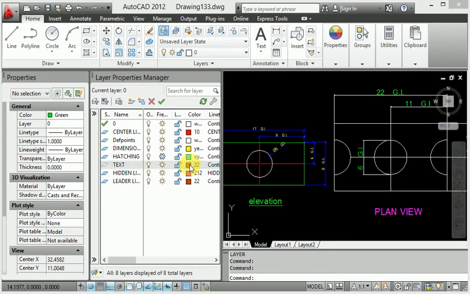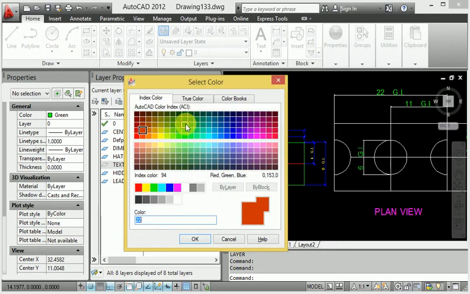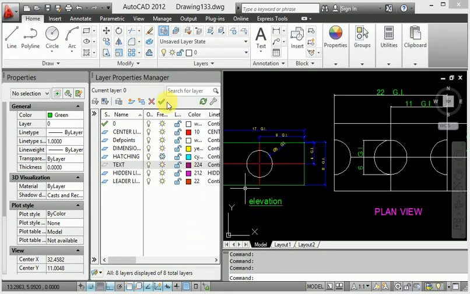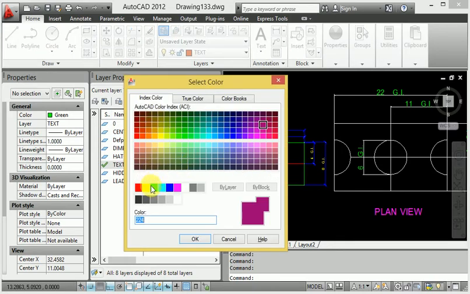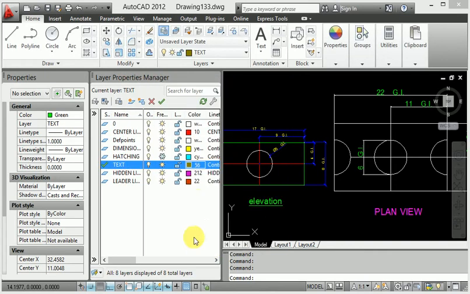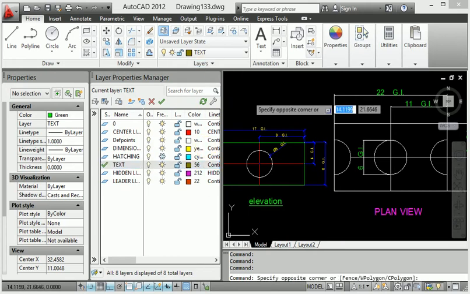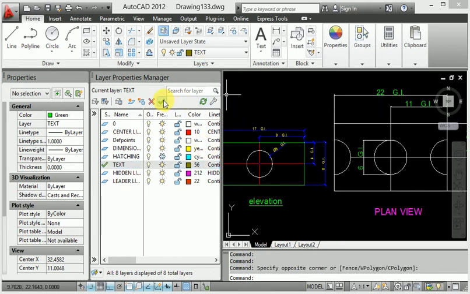When you go to a specific color here and OK, this applies the color. Different types of color, and change the different color in dimension. OK.